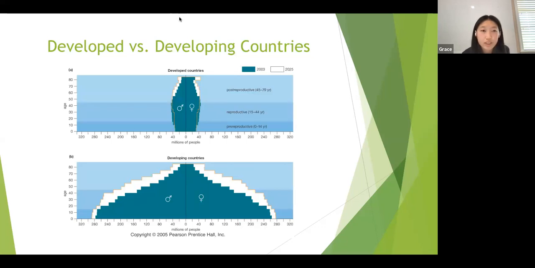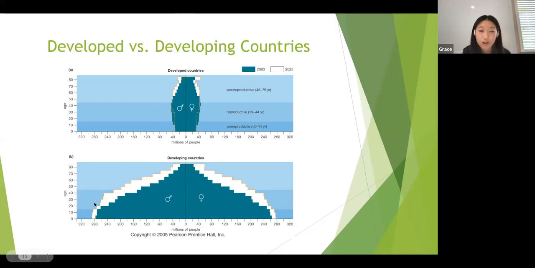So moving on to taking a look how this can differ between developed and developing countries. So typically developed countries are going to be relatively stable, and they're going to, like we talked about previously, have a stable and similar amount of pre-reproductive, reproductive, and post-reproductive people in their population, and generally will have similar amounts of males and females. In a developing country, they're going to have that expanding pattern, also with similar numbers of males and females. However,